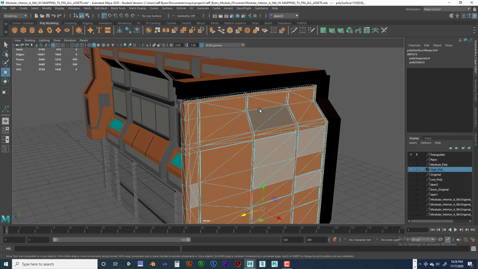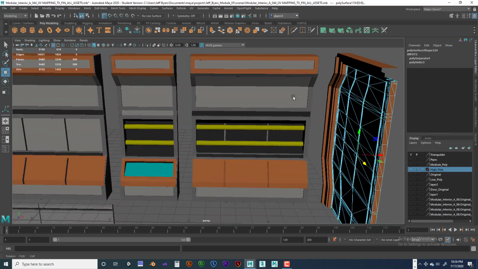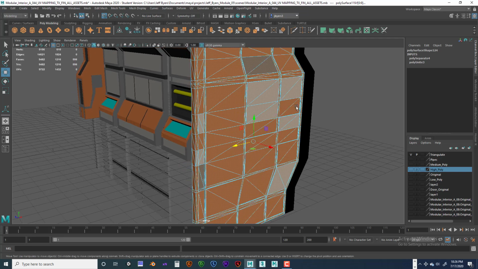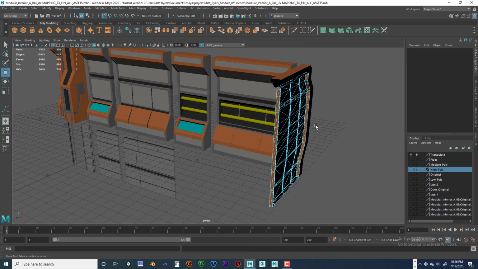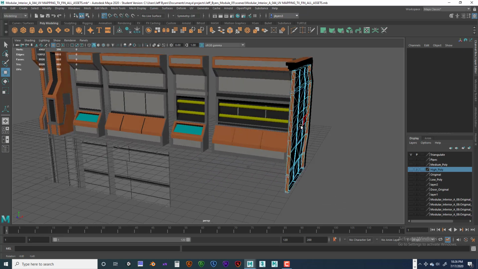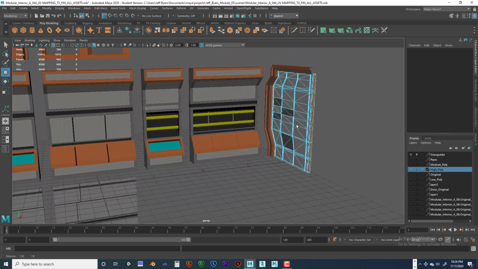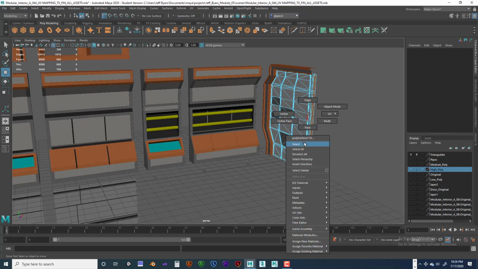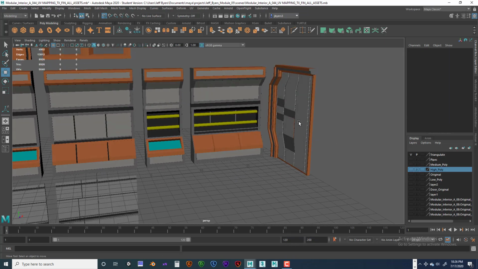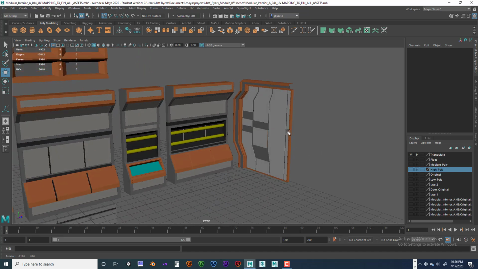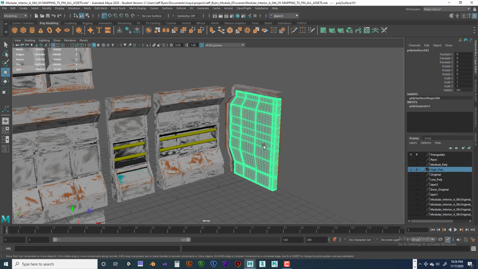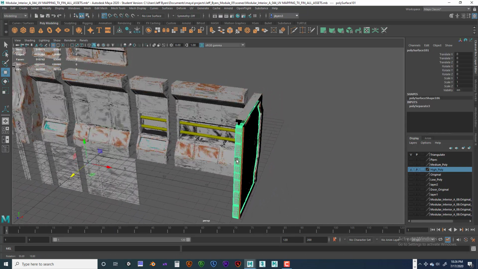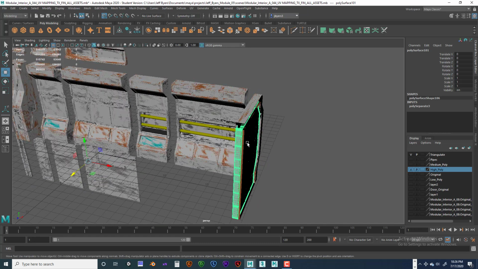Okay. So because I'm going to mirror that over, I don't need these at all. Okay, so I'm going to go ahead and delete those. There we go. So we just have the back. There we go. So the back is gone. Okay, that's fine. That's kind of what we want anyway. And now the high poly, unfortunately, is too big, too wide. So we're going to select both of those together,